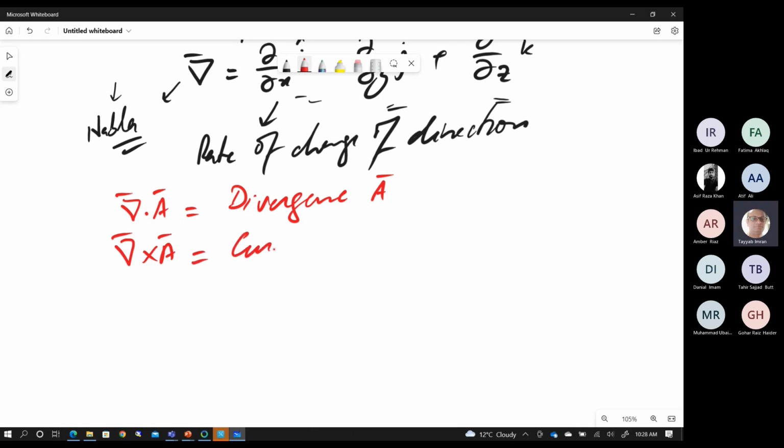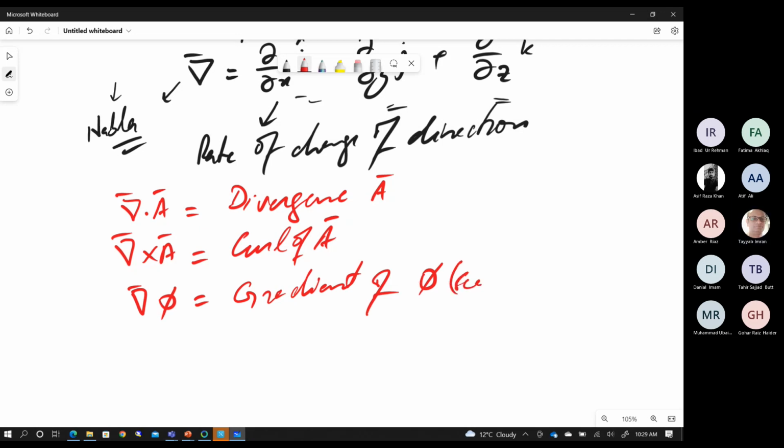अच्छा, ये जो है ये आपकी curl of A, and this is gradient of phi. ठीक है, that is scalar. This phi is scalar. Okay, so these equations have some importance when you want to convert from one form to another form. ठीक है, so